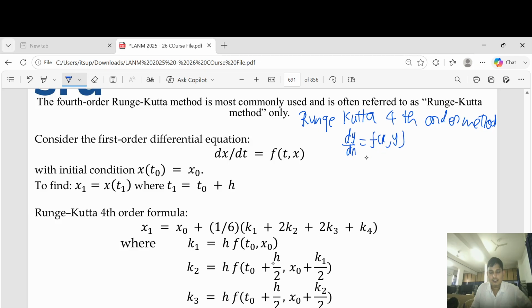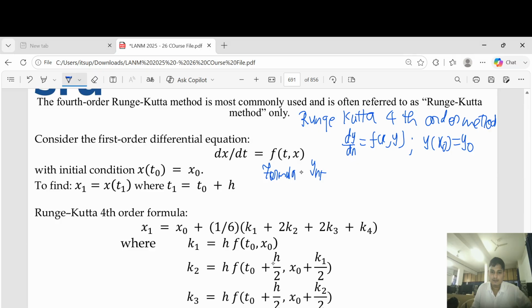It is an ordinary differential equation of first order, with y of x naught equal to y naught, meaning thereby that at point x naught the value of y is y naught. Then the formula is given by